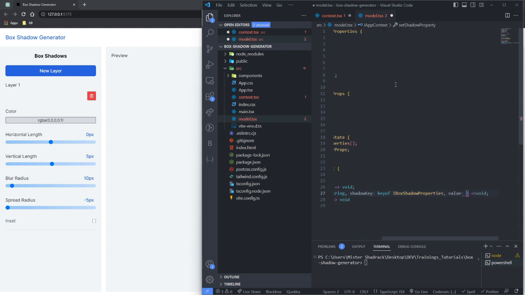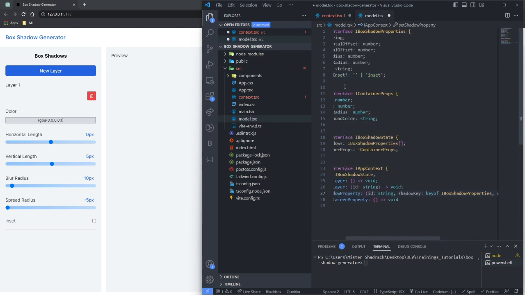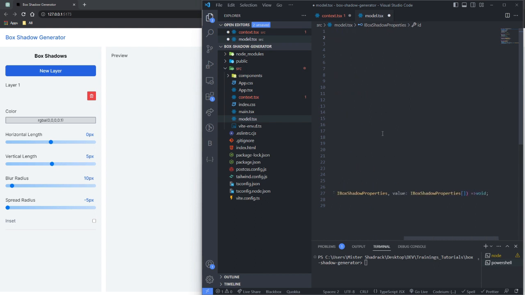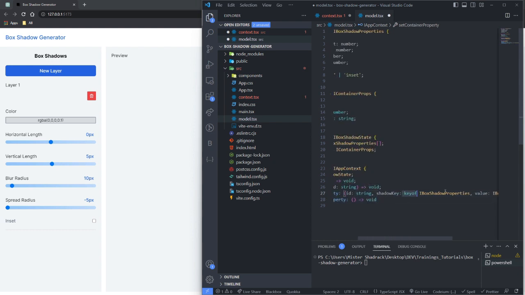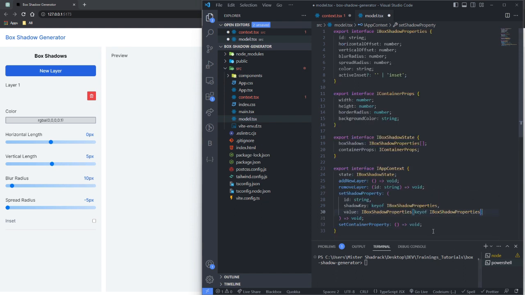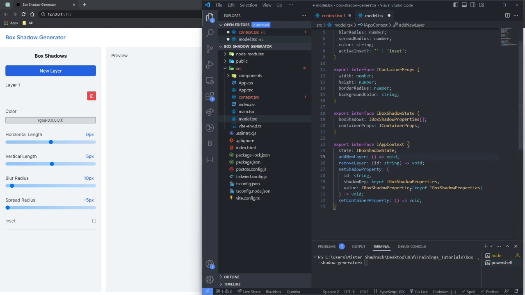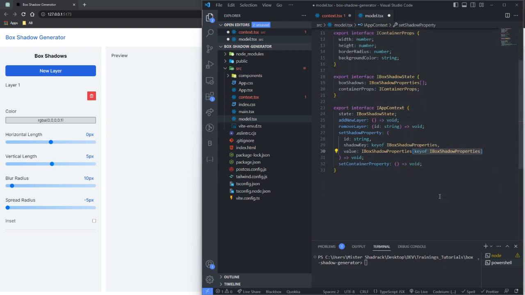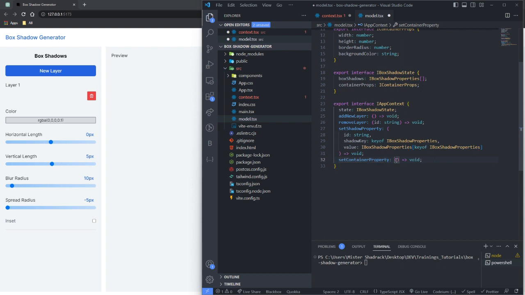So the way I'm going to type it is I'm going to say box shadow properties, and then if I do this, I'm basically selecting one of these properties, and then it is going to pick the type, which is basically the value for that, and then I am going to pass just exactly what I did here. Right, and then this is going to update the value, and here we are going to do a similar thing for this. Right, so